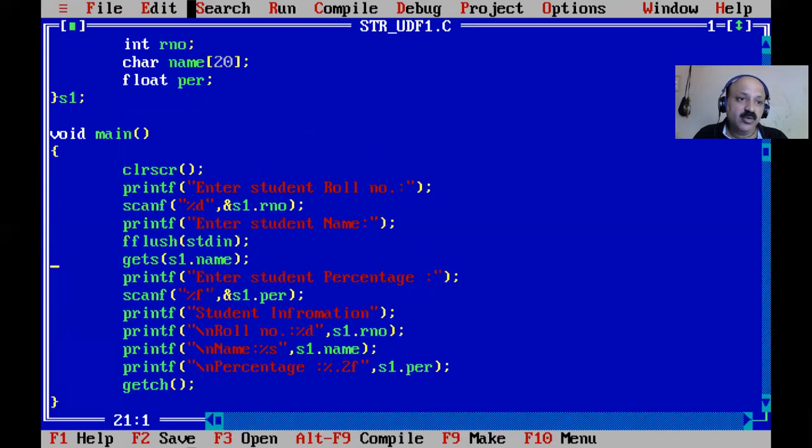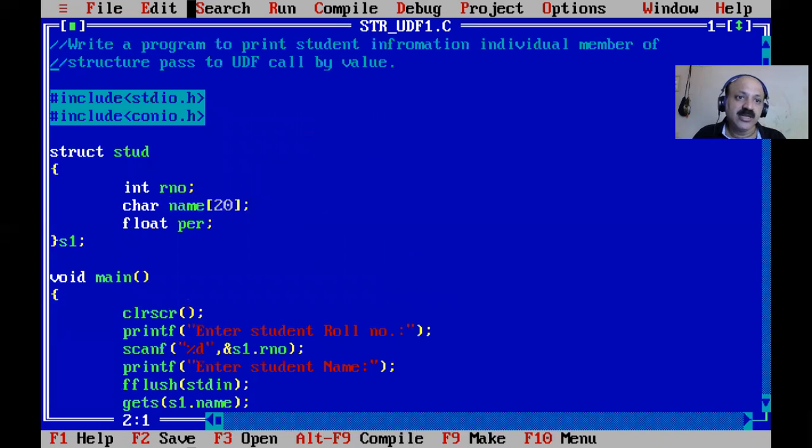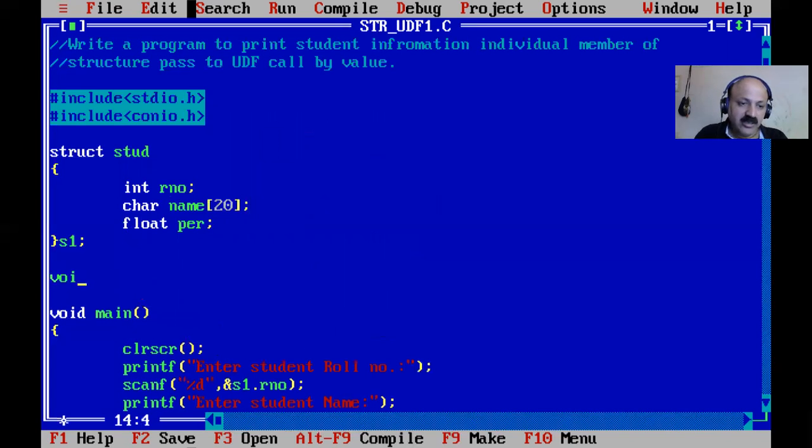Now we turn to UDF, and this call is call by value. Here in the global declaration section, we do not have any return data type, and we can display it with a show or display type of function. We pass and first declare: integer first, which is our roll number, and then the character 1D array, but here you cannot give the size in the bracket.